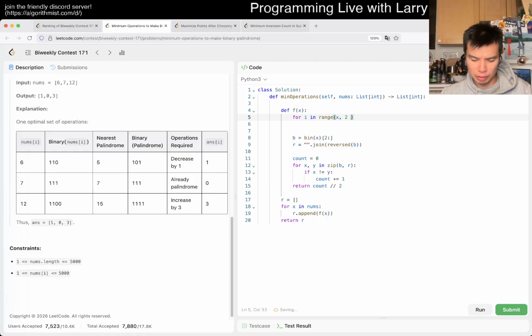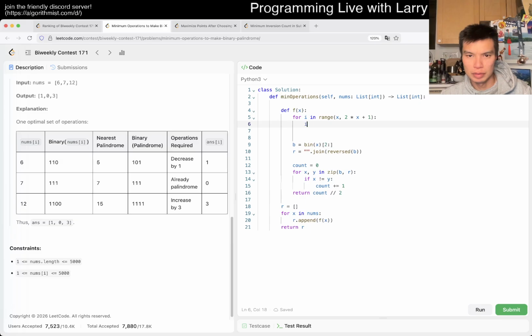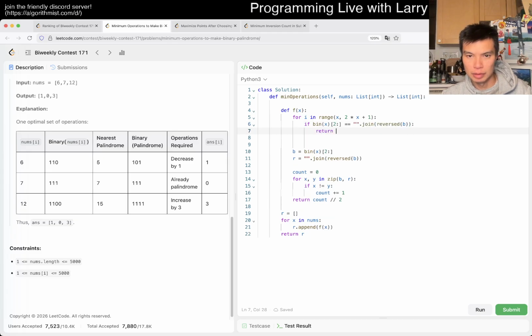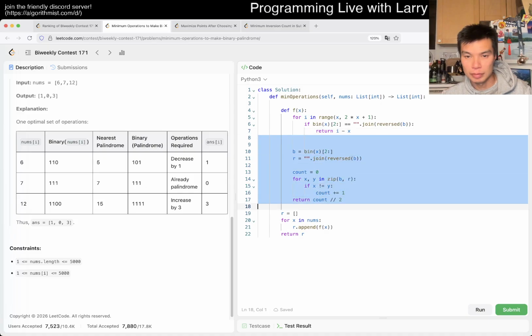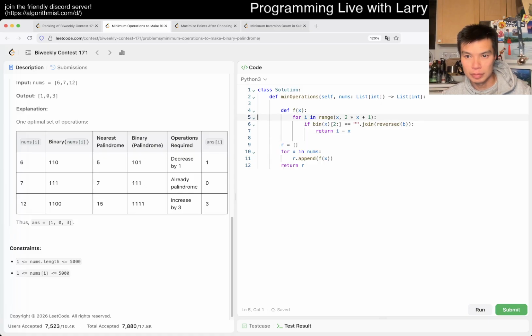Is it 2 times x? Probably. I don't know. I don't know if this is like the best way though. This may be a little bit slow, but maybe I could do it this way. This isn't even right, but